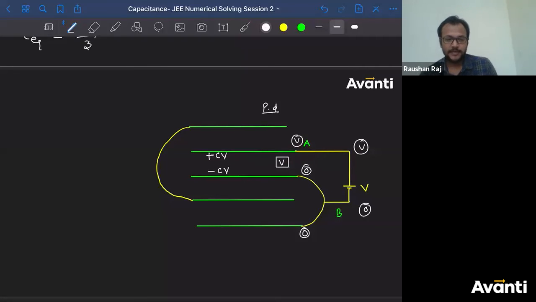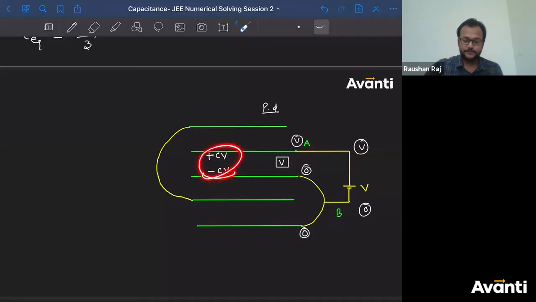All right, guys, please click yes if you have understood this point. At least these two. Click yes if you have understood these two charges. What are those things that you should understand? First, what will be the charge? C into V. That V is the potential difference. Second, which one of the faces will get positive charge? The one which is having higher potential will get positive charge. The one which is having lower potential will get negative charge. That is done. So this is having V potential, this is having zero potential. V is greater than zero, so this is having higher potential, so this will get positive sign. This is having lower potential, so this face will get negative sign.